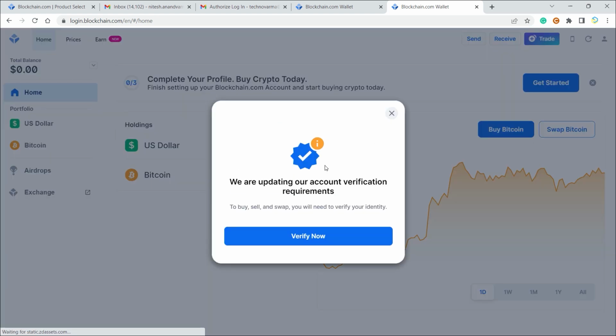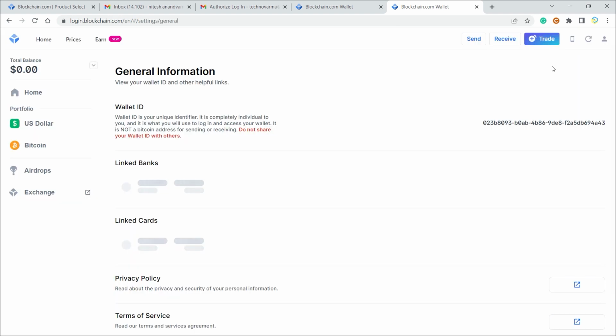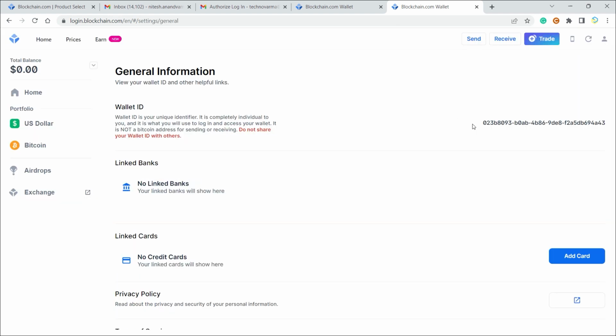As you can see, it says that it needs to update a bunch of account verification requirements. Just click on verify now. And you can see it says upgrade and verify, but since this is only an example video, I'll click on apply now. Just click on general, and here you can see a unique wallet ID has been created for my